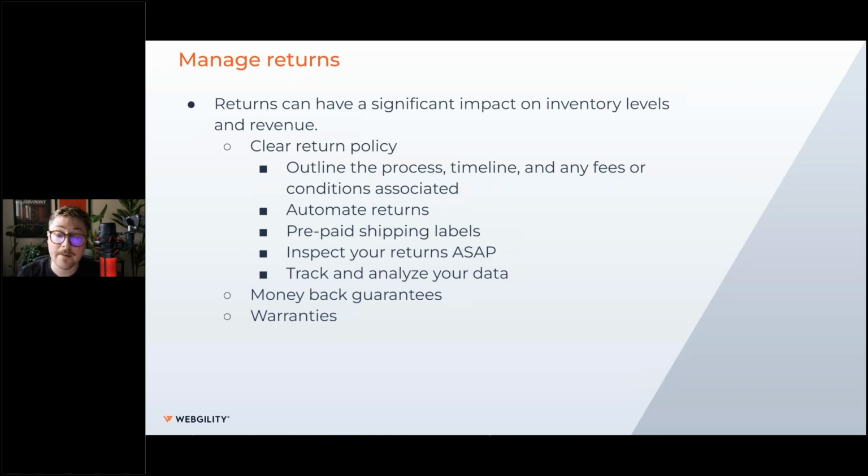And then something we'll talk a lot more about is analyzing and tracking your data. So not just related to returns, but understanding why people are returning and the condition that they're returning in, understanding chargebacks and how frequently those happen is a good way to protect yourself and to make sure that your customer